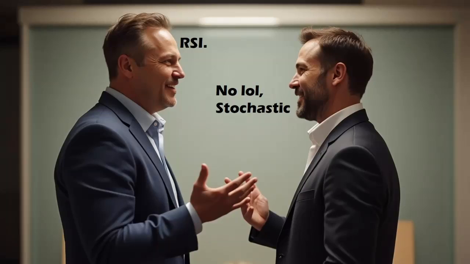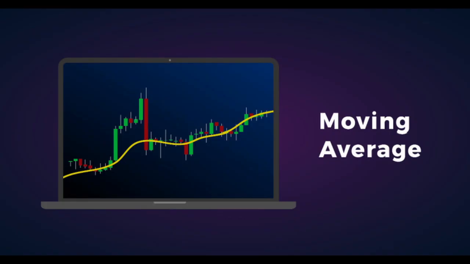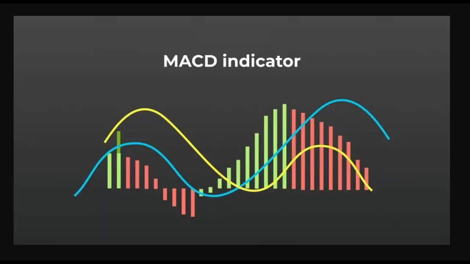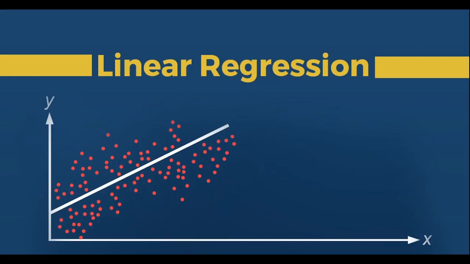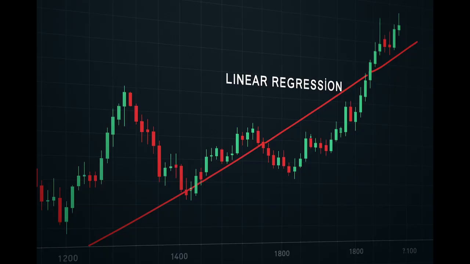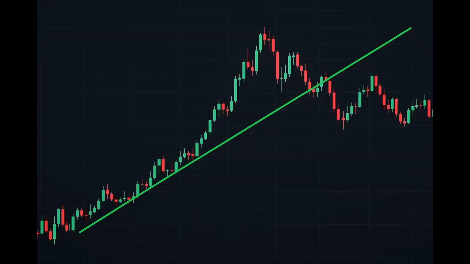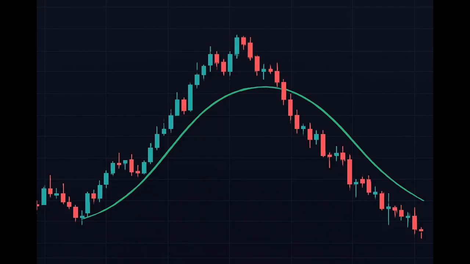When people talk about technical indicators, they usually mention moving averages, RSI, or MACD, but very few mention this simple, powerful tool: linear regression. In trading, linear regression is a statistical tool used to draw the best fit line or curve through price data. It helps you understand the real direction of price, without all the noise, making it a powerful trend-following tool. There are two main types: the straight line version, also called linear trend line, and the curved